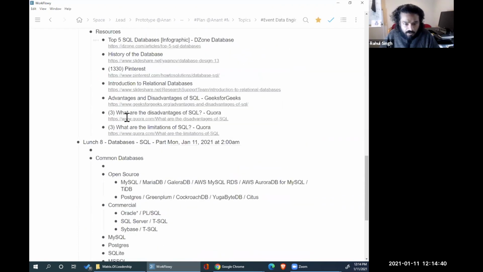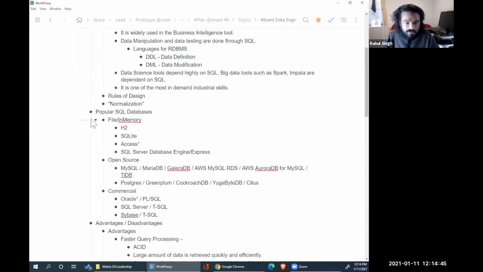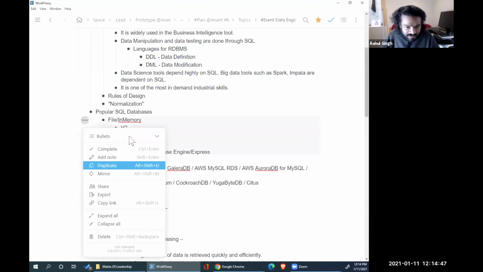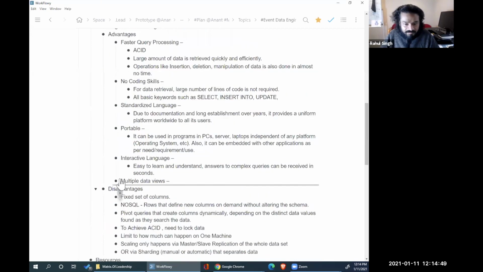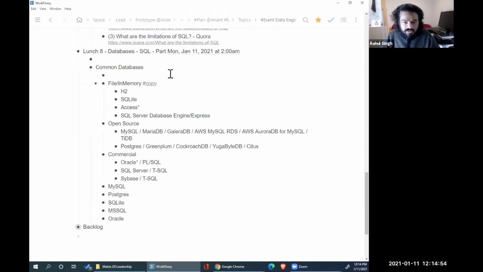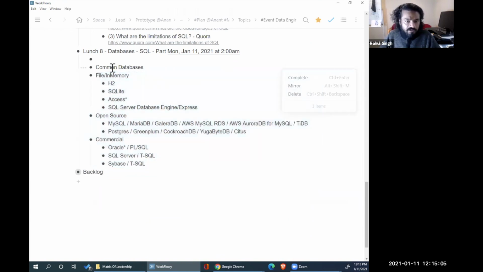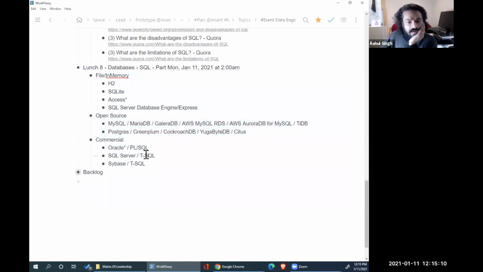This tool, by the way, Workflowy, I'm pretty sure it runs on a non-relational database, because it has infinite nesting. I mean, I guess you could definitely do it with a parent-child relationship, but it's really sweet. So I don't want to spend too much time on file or in-memory databases that are relational. Frankly, because if you're doing any heavy data processing, data engineering, you probably are not using this.